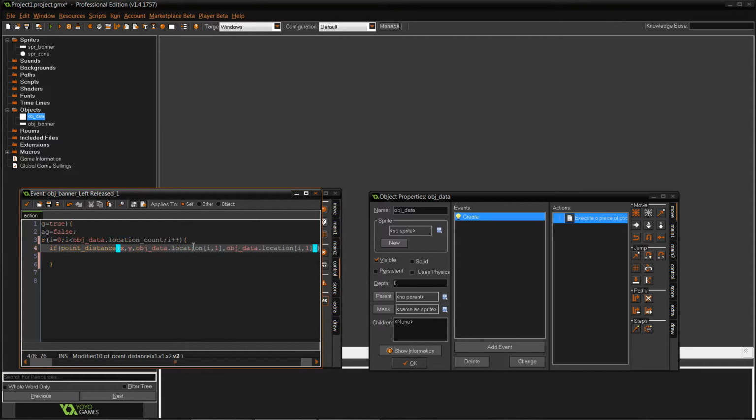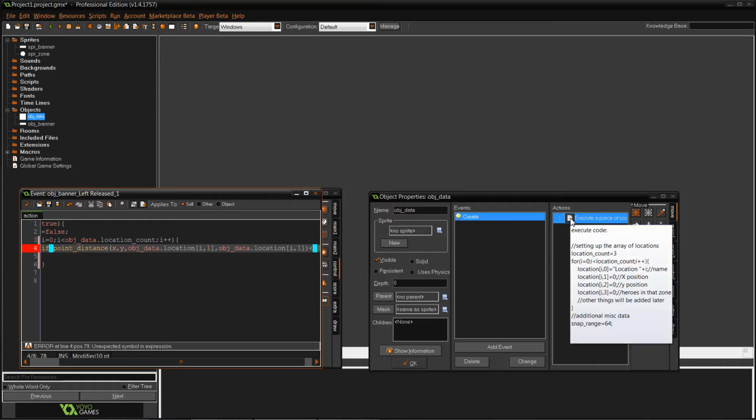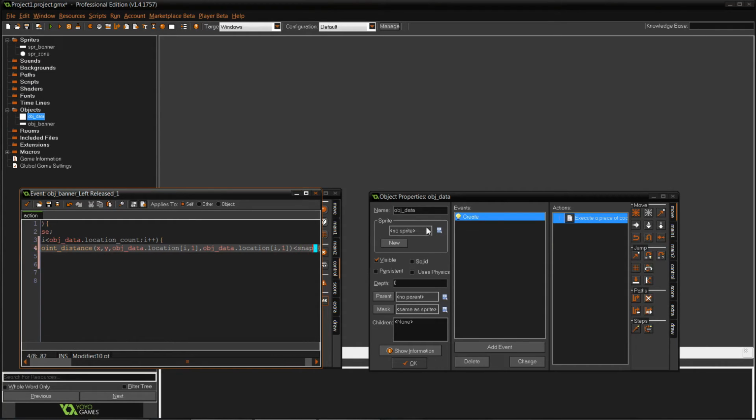There we go. If that is smaller than, is it here? Yeah, it should be here. If that is smaller than, well, how did I name that thing? Snap range, yeah. So if that thing is smaller than our snap range, we need to make a few different,